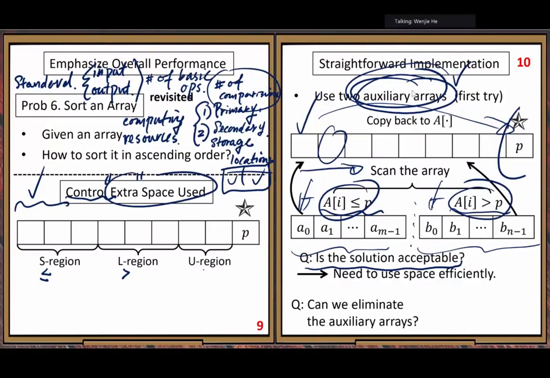So we will manage these three different regions to characterize our data.